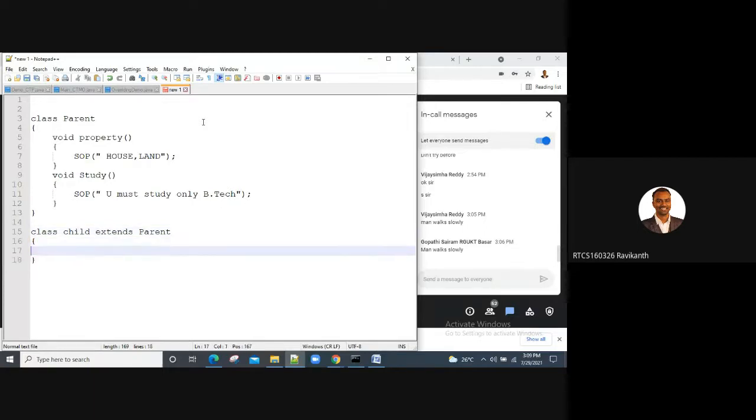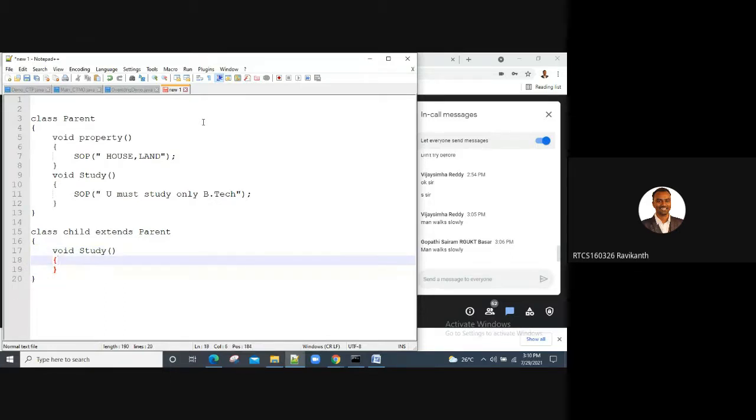Now the child also has his requirement. The child says, okay, I'll study, fine. There's no issue with it. I'll definitely study. I'll override. I mean, I'll use your property and I'll study also.